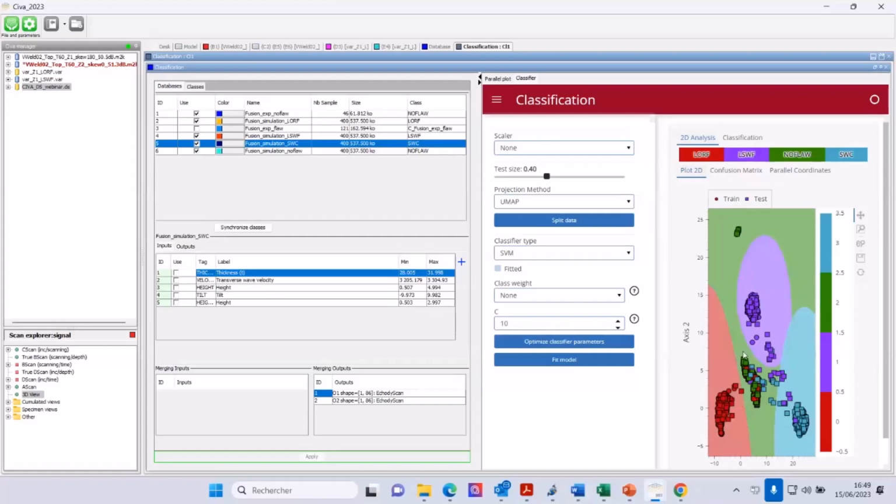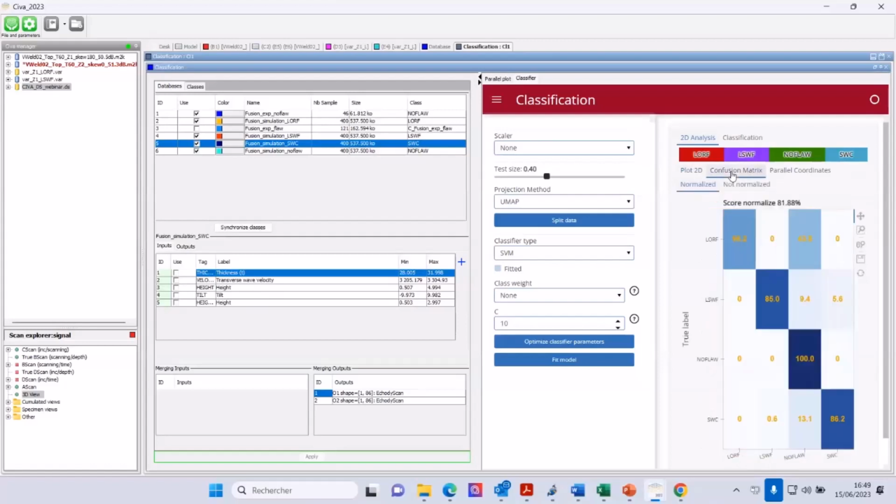So this is one thing, the 2D plot. And you have also the so-called confusion matrix. So CIVA offers some analysis tools as the confusion matrix. You see the confusion matrix available in the second sub tab. So for experts in AI, I think you know much better than me, but you know well this confusion matrix.